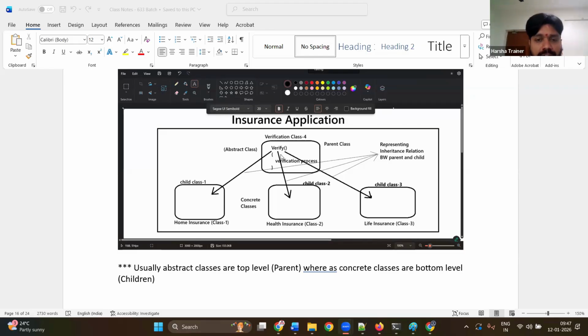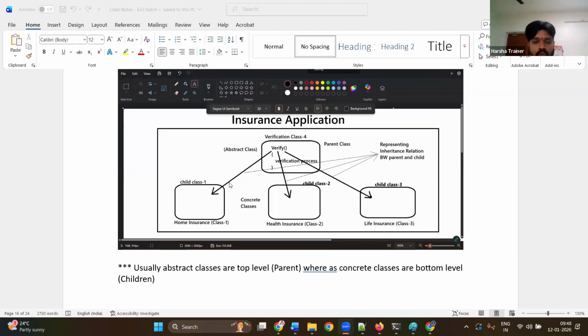Home insurance should inherit from verification to access verification features, health insurance should inherit from verification, and life insurance also should inherit from verification. In the verification department, a transaction won't be initiated, but any transaction initiated at the child classes will go through the verification process commonly. So the verification department acts as a parent for all these three departments.